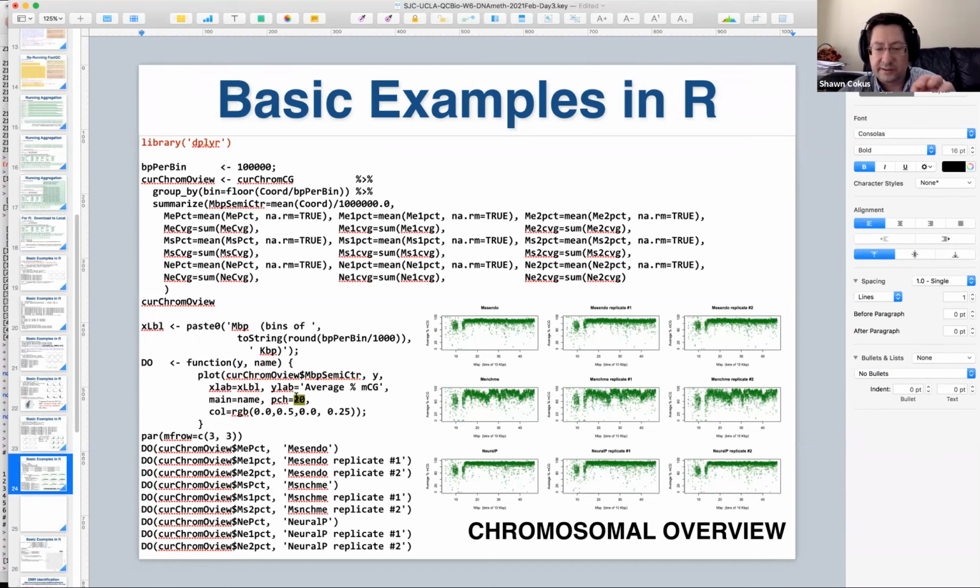PCH 20 changes the dots to tiny solid dots. And col is the color, which we construct as a red, green, blue triple because I wanted opacity. So this is red 0 to 1, green 0 to 1, blue 0 to 1. That is no red, no blue, half green, a dark green. The reason for doing it that way rather than just saying dark green is the opacity; I wanted quarter opacity. And if I make this a little bigger,